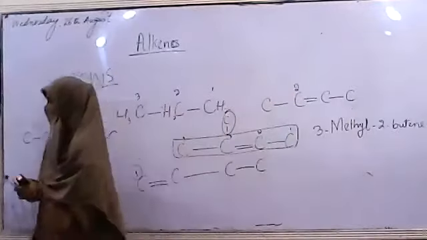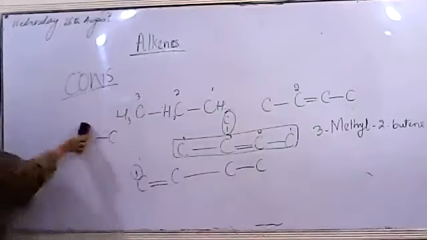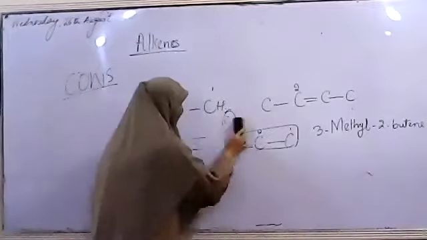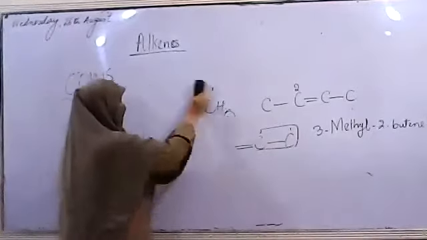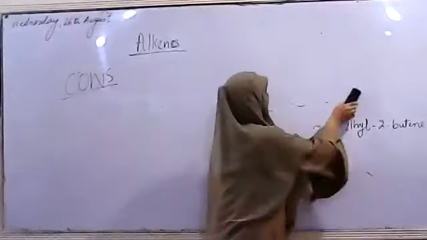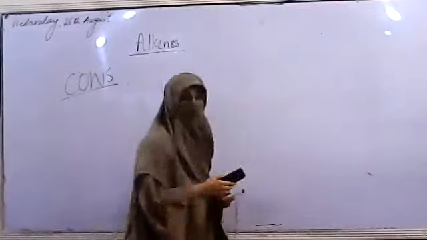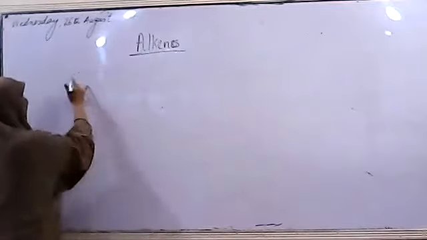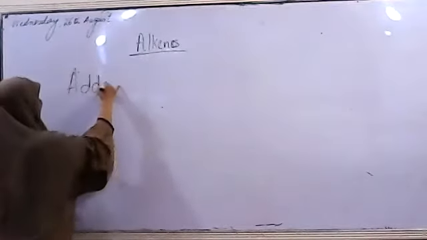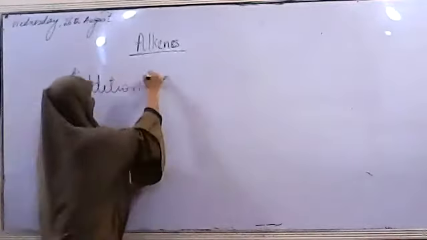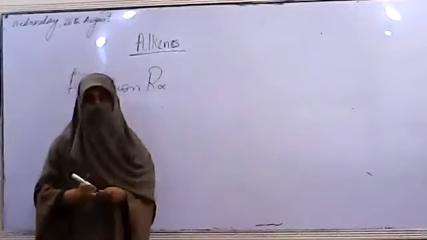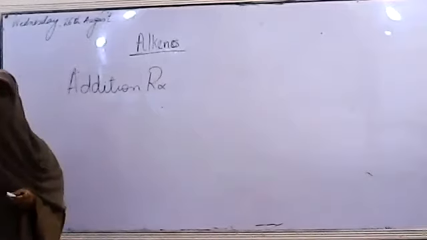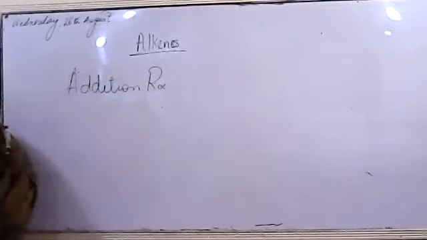Now moving towards the next thing. We were talking about the chemical reactions of alkenes. We studied the general chemical reaction and the basic reaction mechanism. We simply said that they are going to react by addition reaction, right? Now, addition reactions are reactions in which the coming species is going to add onto the compound by breaking the double bond and forming single bonds with the coming species.